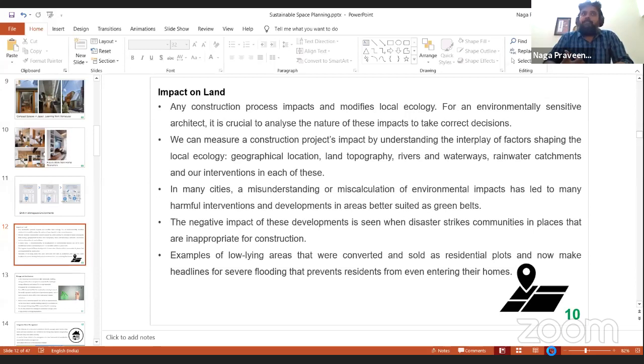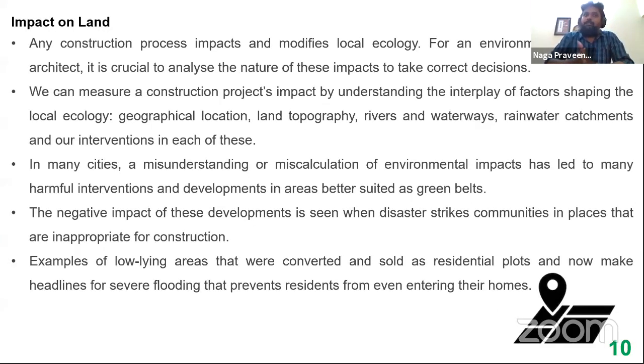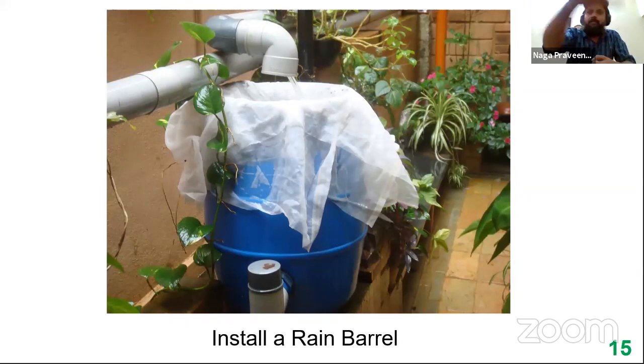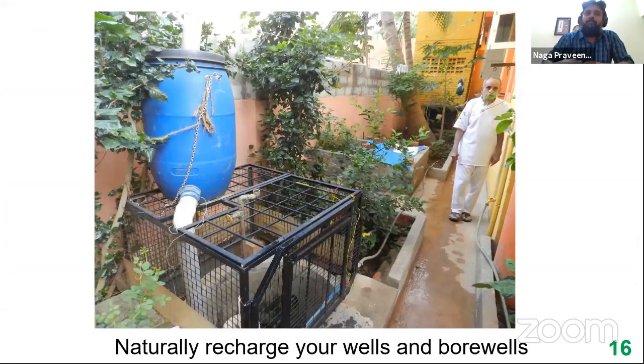The whole idea of energy audit should not stop only at air, water, or alternative energy. It should virtually start from land, in terms of the amount of land that you're using, and how much land you are leaving for your green or your ecology as well. Usually in our spaces you really don't find small pockets where you have plants, or where you can accommodate your rainwater harvesting or gray water harvesting, etc.